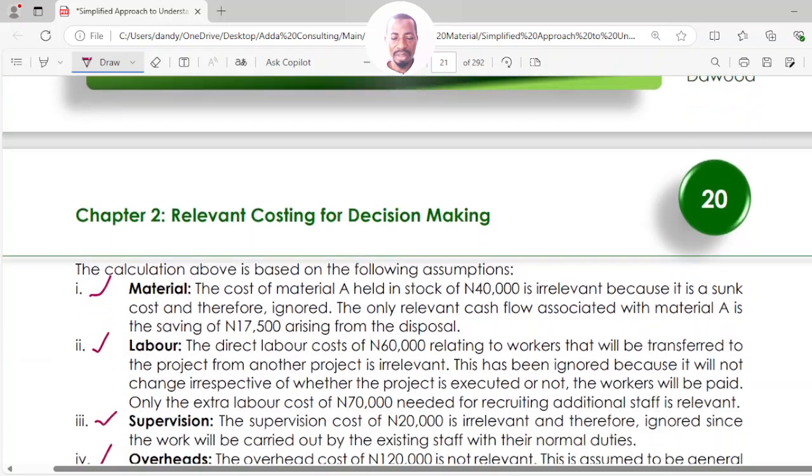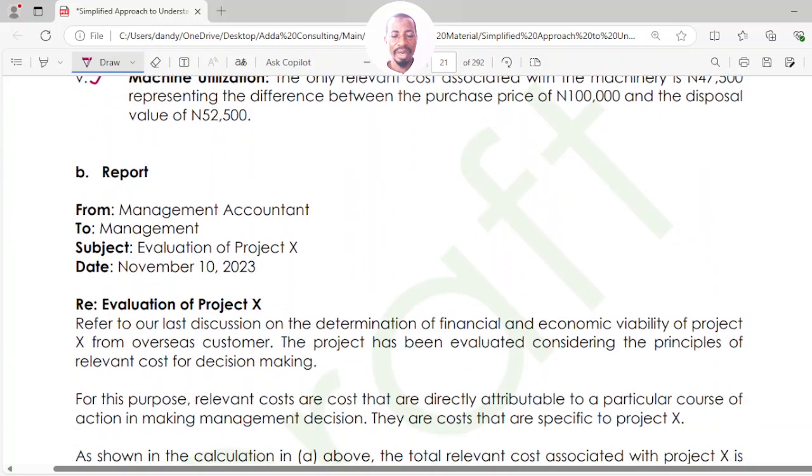So you want to write a report. You need to ask yourself, what kind of report? Is it a letter kind of report? Is it a memo kind of report? The nature of your report will depend on who is writing the report and to whom you are writing. If the person writing the report is an employee within the organization and you are writing to the management within the same organization,